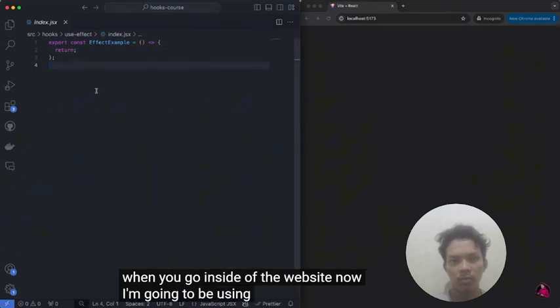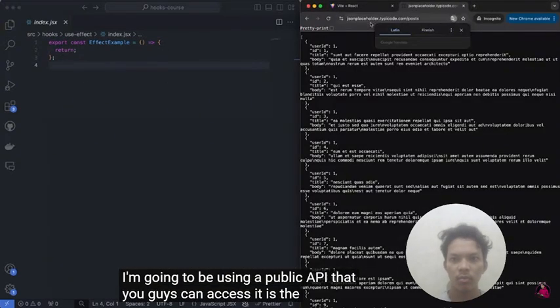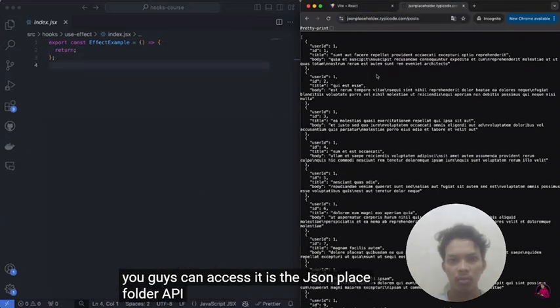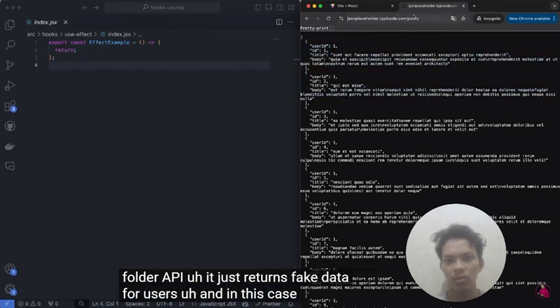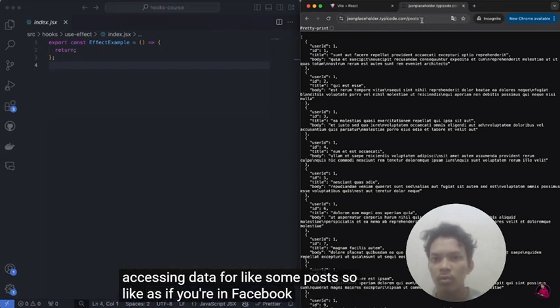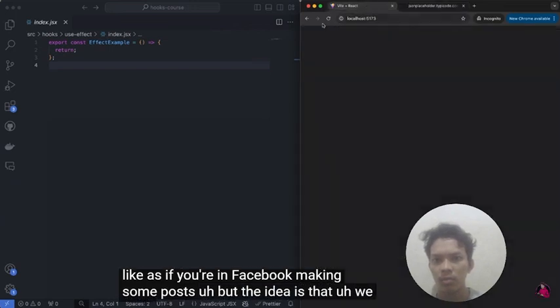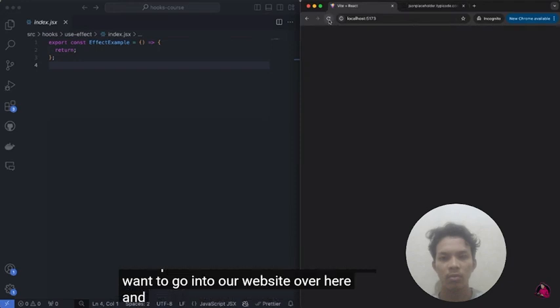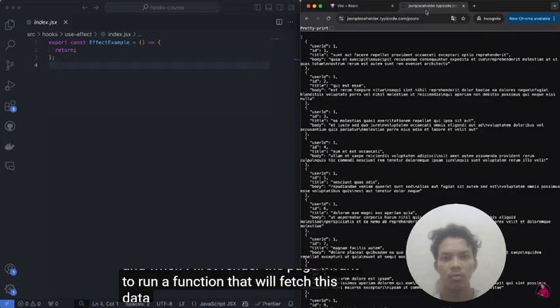Now, I'm going to be using a public API that you can access. It is the JSON placeholder API. It just returns fake data for users, and in this case, we're accessing data for some posts, as if you're on Facebook making some posts. But the idea is that we want to go into our website over here, and when I first render the page,